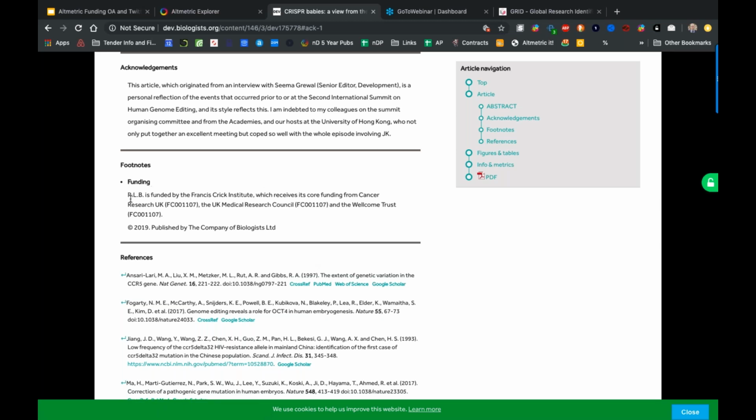You can see Robin Lovell Badge, RLB, is funded by the Francis Crick Institute, which receives its core funding from Cancer Research UK, the UK Medical Research Council. You see these lovely numbers here that do identify these, and the Wellcome Trust. If you were to also search Cancer Research UK and CRISPR, you would find the same item. If you were to search the Francis Crick Institute, you would not find this item because they didn't fund it